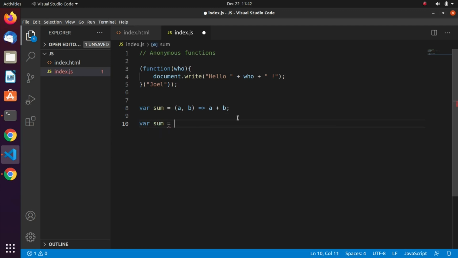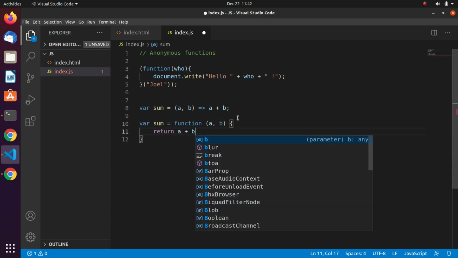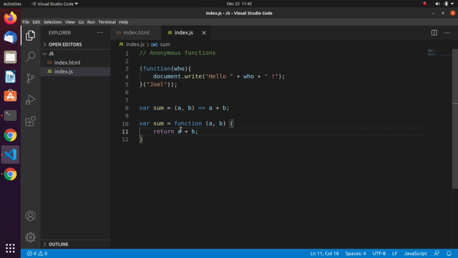Of course, we cannot have two functions with the same name. I'm just trying to show you what's going on here. Okay, a b, and then I'll return a plus b. So this function and this are actually the same, but this one is the arrow function introduced to JavaScript in 2015. We are going to have an entire course on that modern version of JavaScript. We are going to see how the arrow function actually works and so on.